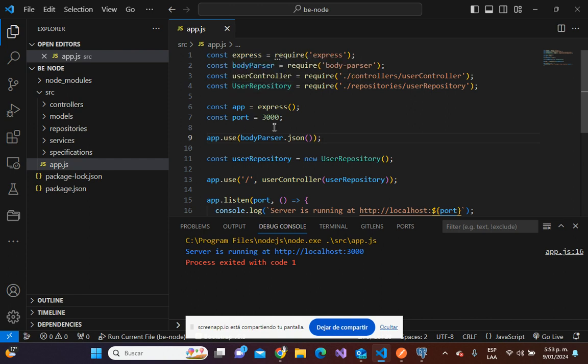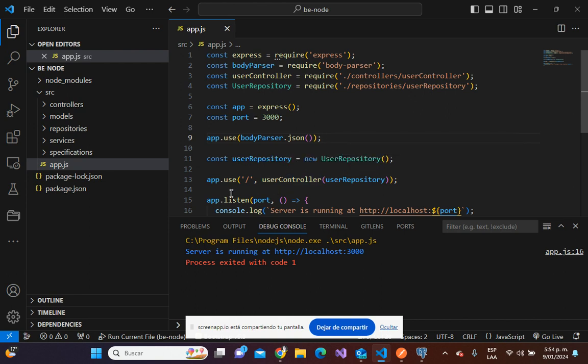Well, I have one user controller reference and one user repository reference, and I execute my application on port 3000, like you see on the screen, and I have one injection of the user repository in